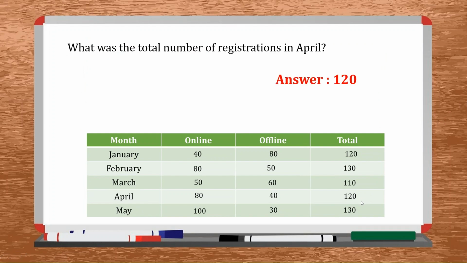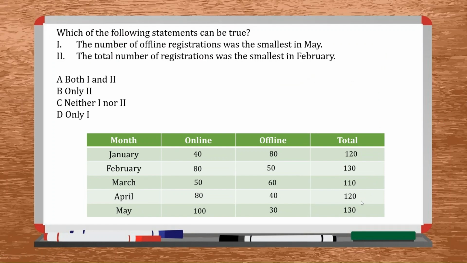Next we have: what is the number of online registrations in January? So the online registrations in January is 40. So the answer is 40. Third, we have two statements and we need to see which of the statements are true